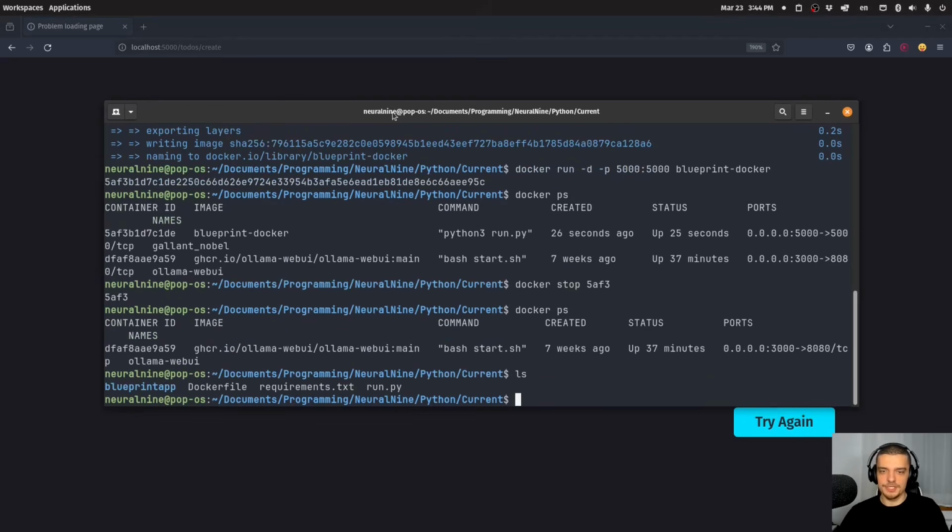Ready. Now what we need to do is upload this Docker image to the server. And for that, we need to first save it somewhere. We need to save the Docker image into a tar file. So what we're going to do is say docker save